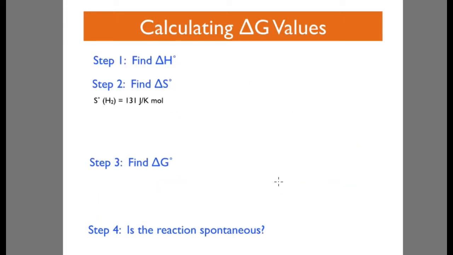So let's do that. Delta H was given. Delta S, we use the sum of the change in entropy of products